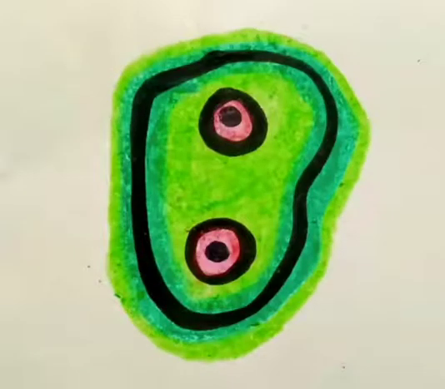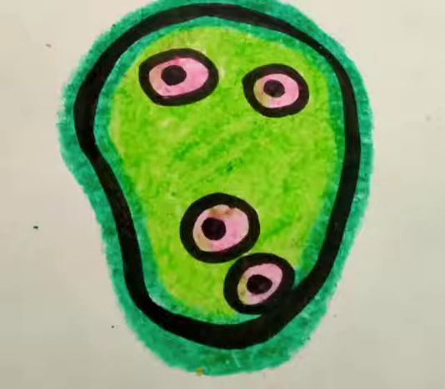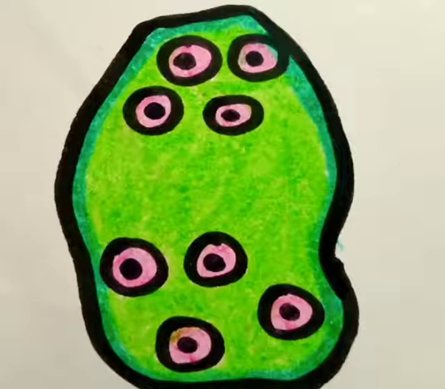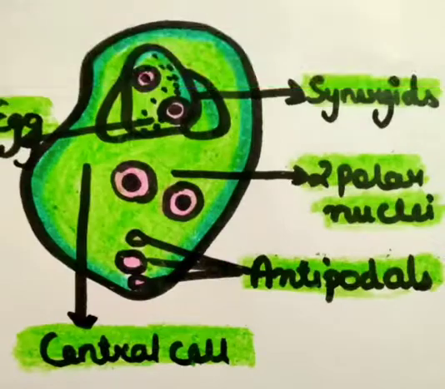The nucleus of the functional megaspore undergoes 3 successive mitotic divisions. The cells move towards the opposite poles and at the end of mitosis, 2 daughter cells are formed. The resultant 2 cells enter mitosis and it results in the formation of 4 daughter cells. These 4 daughter cells again undergo mitosis and result in the formation of 8 daughter cells. These mitotic divisions are free nuclear.